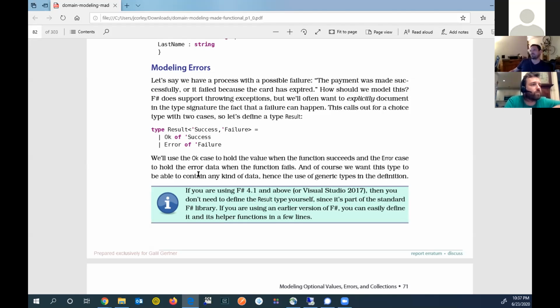F# does support throwing exceptions. We'll often want to explicitly document in the type signature the fact that a failure can happen. This calls out for a choice type with two cases. So let's define a type Result. So we'll have a type Result, which will